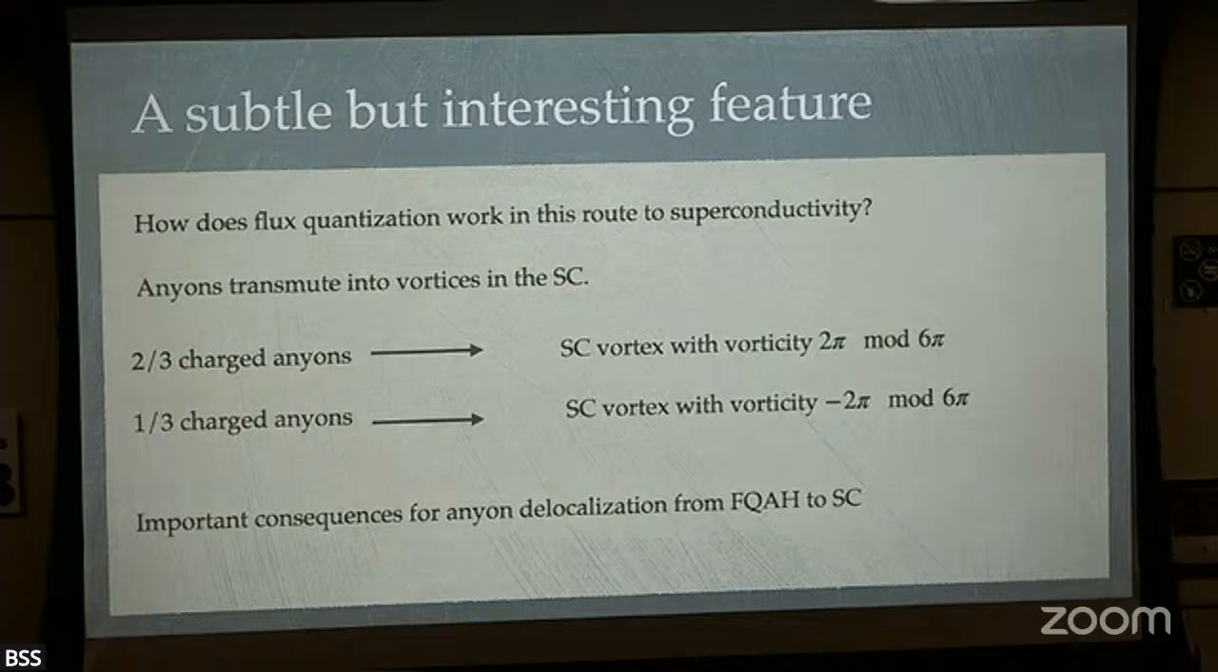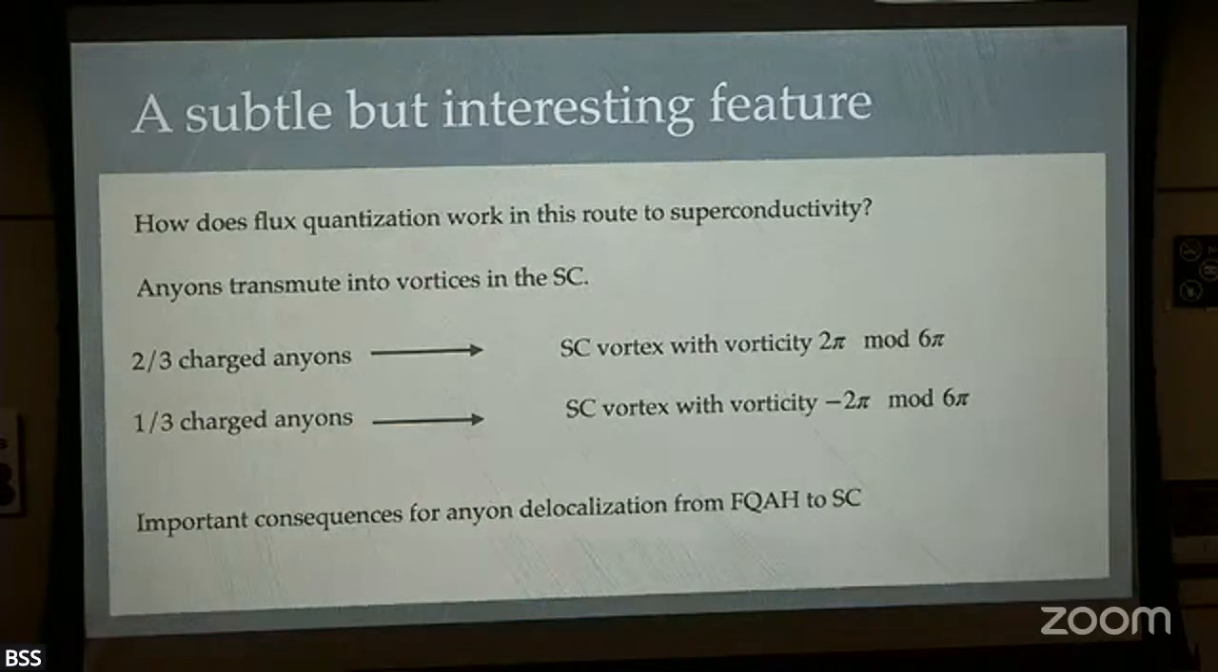The 6 pi periodicity is perhaps not surprising if you know about the fractional quantum Hall effect. The ground state is periodic only after 6 pi flux insertion, not 2 pi. But then you're inheriting it into the superconducting state. Now, the 1/3 charged anyon goes into the superconducting vortex with minus 2 pi vorticity, mod 6 pi. So these two are not degenerate, and that's fine because you don't have a system that's time reversal symmetric. Right? So the core energies of these two vortices will be very different in the bulk, and each one originates from a different anyon in the parent state. And this